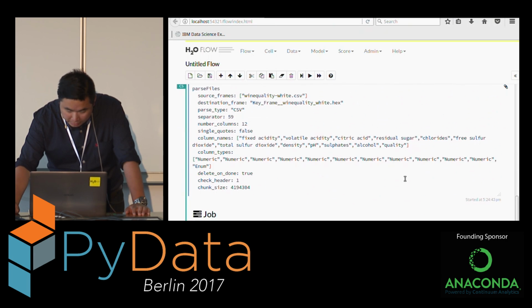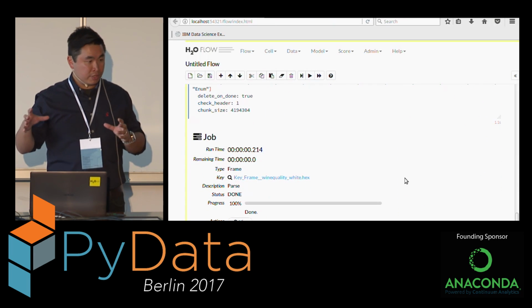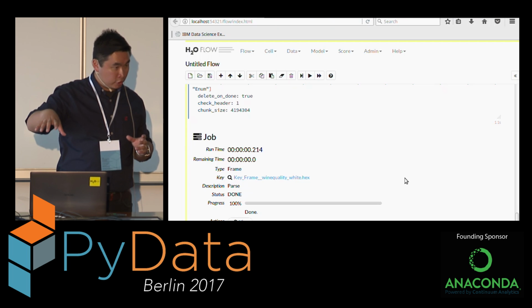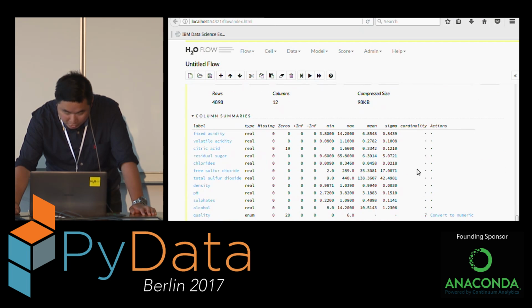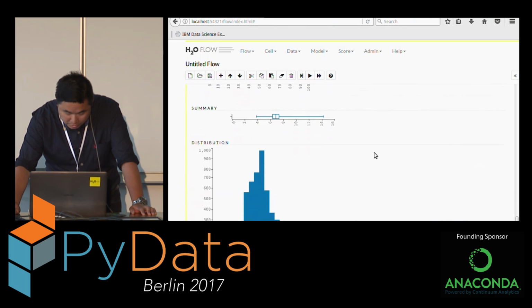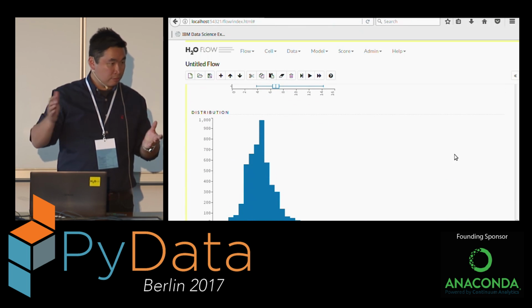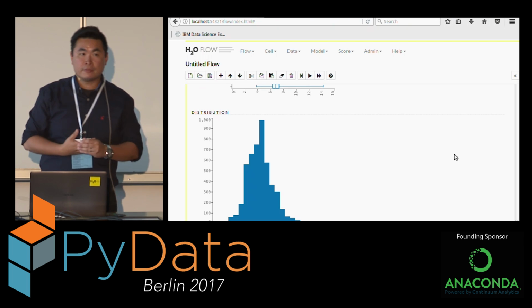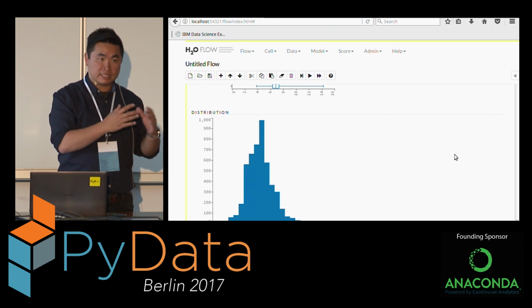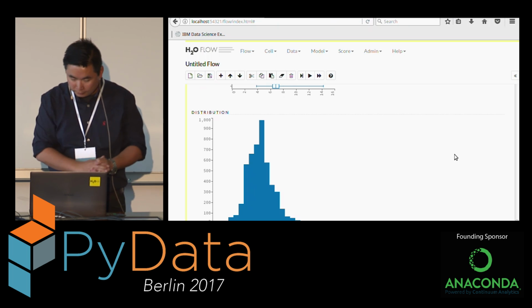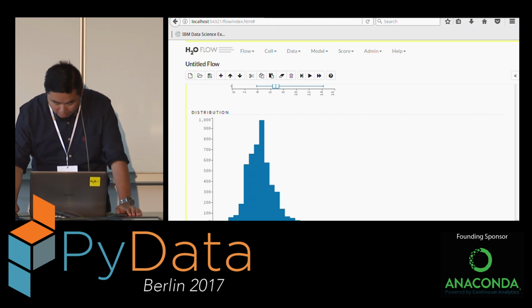And then you parse that. Then this CSV is imported to the memory of the H2O cluster. And you can also do some very quick visualization here. For example, you can look at some of the columns and see the distribution of this column. So this is a way to quickly prototype with some of the data sets in your H2O cluster and just have a look around, play around. So there are different ways to use H2O.